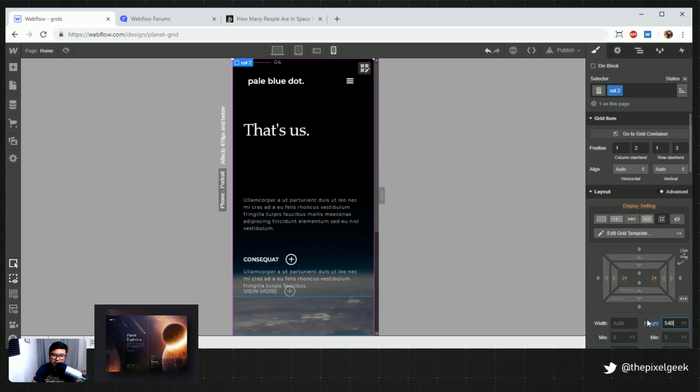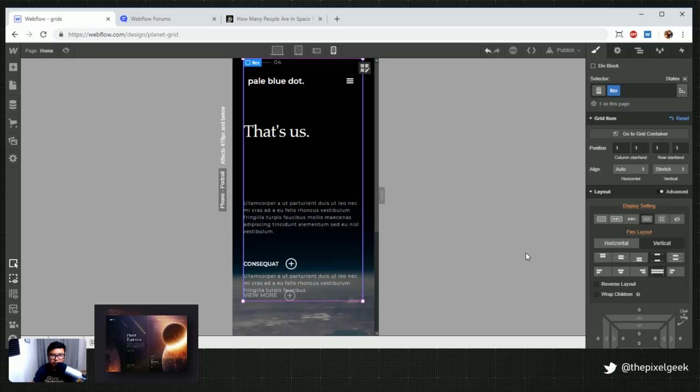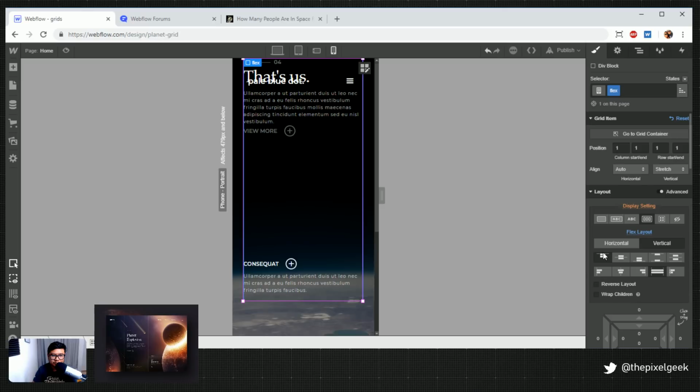Let's make it 500, 550. Why are you so close? Is it Flexbox? Is Flexbox hurting you? What? How come both of them didn't go up?